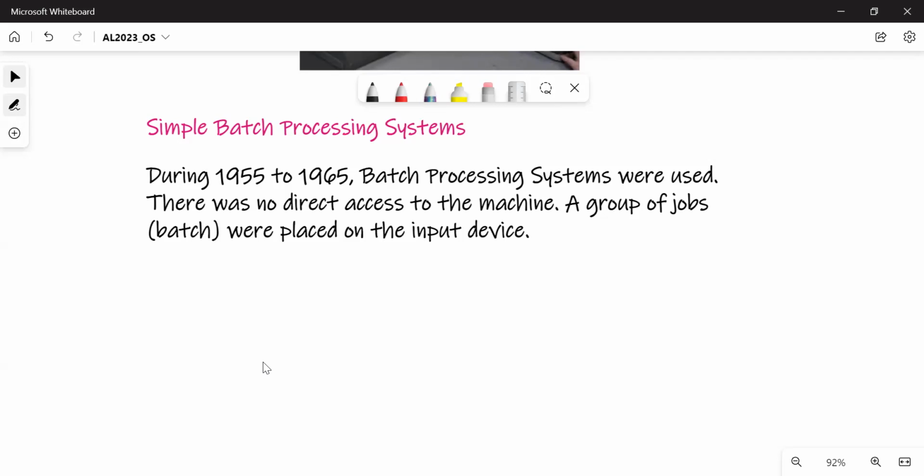So that means there was an operating system, but in those times, a group of jobs, a batch, we were putting inside the computer. Right. Let's look at some characteristics.